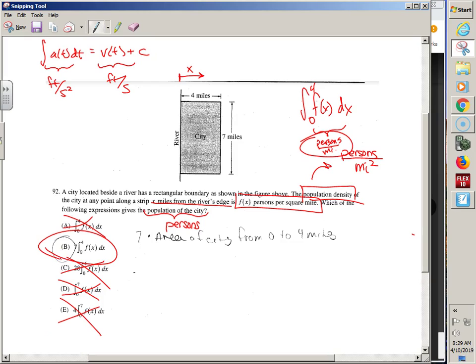We could go a little deeper into the idea and be like, okay, hold on, we need to figure out persons. We know persons per square mile. We know what the density is, or at least an expression for density. But if I was just to take this density and multiply it by 4 miles, I could figure out how many people live in this two-dimensional sliver, which is awkward because do they actually live in a two-dimensional sliver? No. But I could think about, okay, from 0 to 4,